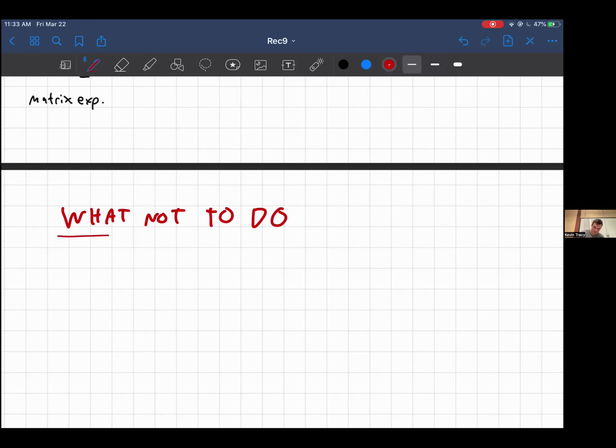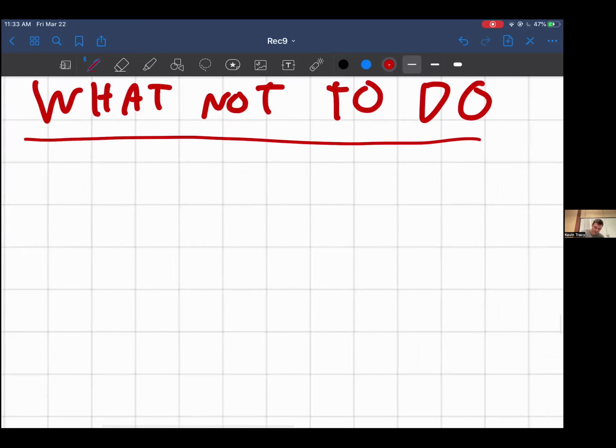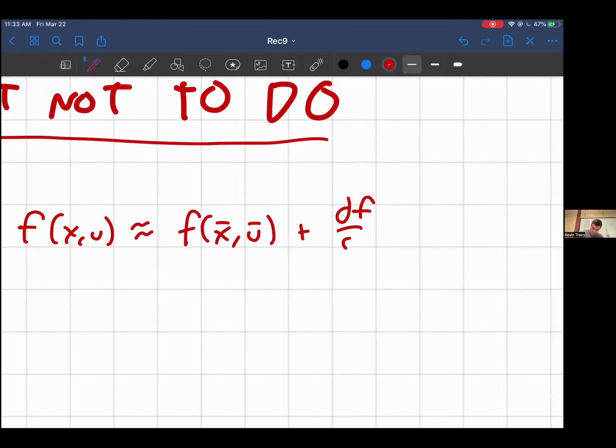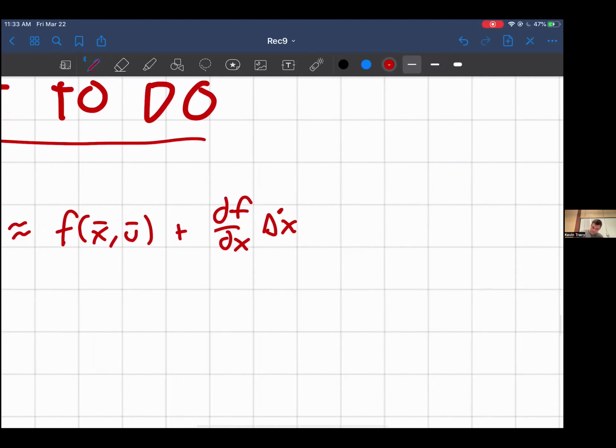I could not make this any more clear. Do not do this. Take this and then approximate this with